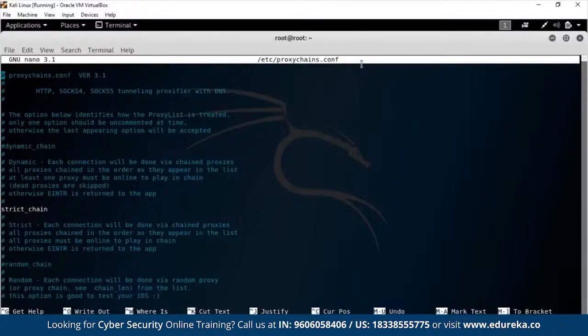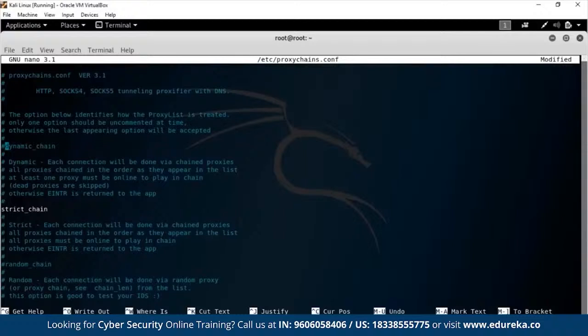Anyway, down below, you have these other options, which we will go over. So basically, how you enable these options is that you don't need to type some complex lines of code or anything of any kind. Basically, all you have to do is just delete the hash out here. Let me just show you. So suppose we wanted to actually activate the dynamic chains option. So all we have to do is delete the hash. But let's put in the hash right now. So after you delete the hash, all you have to do is save the file and the option is enabled. This hash represents a commented line, meaning that the system reading this will ignore the line if there is a hash, and if there isn't a hash, it will take it into consideration and interpret it accordingly.